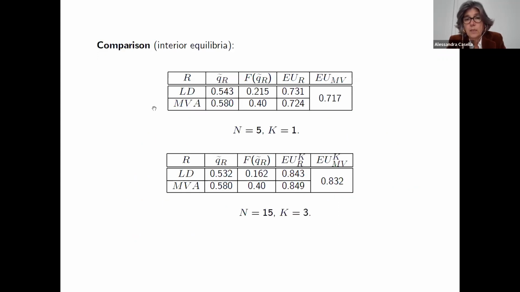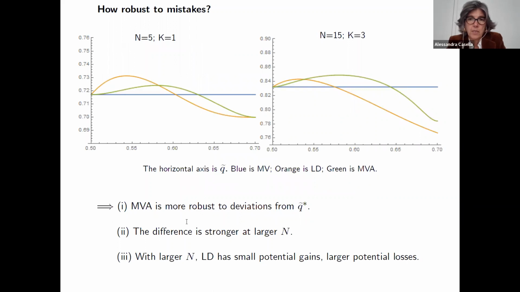If you look at only the interior equilibria and you compare them, the only really interesting difference, in my opinion, is this higher frequency of abstention relative to delegation. And then here, the impact in the probability of making the right decision is really minute. They're basically equivalent. So let me show you another result related to abstention and delegation, and then I'll take some questions if you have any.